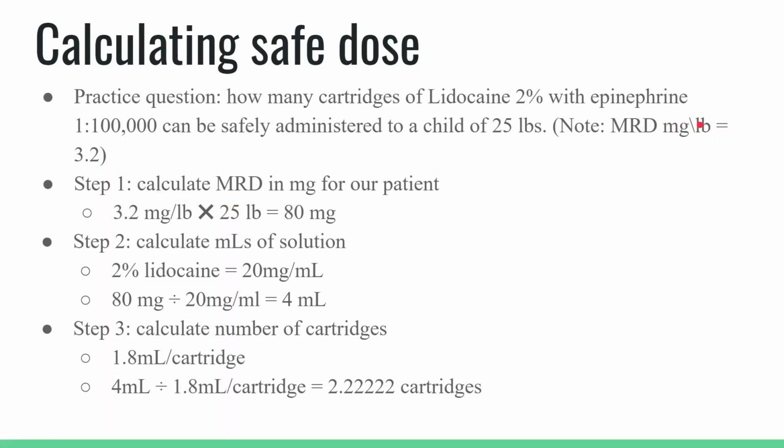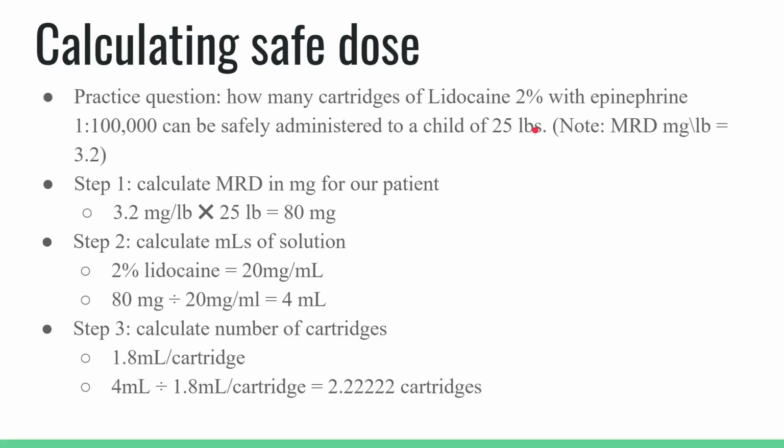يعني لكل رطل من وزن الطفل لازم أعطي 3.2 milligrams. These are the information that they gave us. Step 1 is calculating the maximum recommended dose in milligrams for our patient. البيشنت تبعنا وزنه 25 pound. تمام؟ بدي احسب له الجرعة